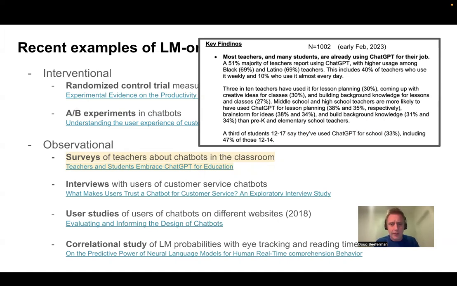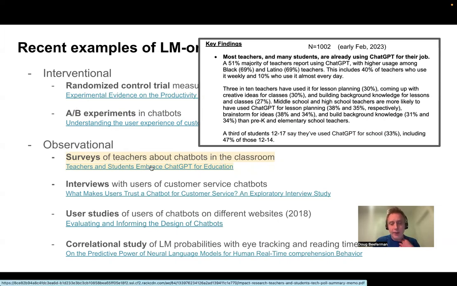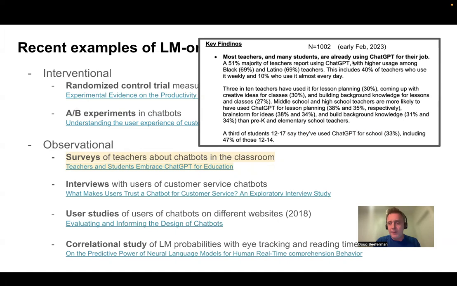Surveys are probably the most common way to collect observational data for research experiments. The paper that I've chosen to highlight is a recent survey about teachers and students and how much they've embraced ChatGPT. It was taken in February, so it's already probably out of date, but it was about 1,000